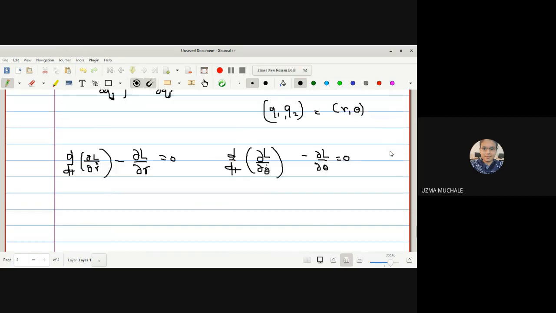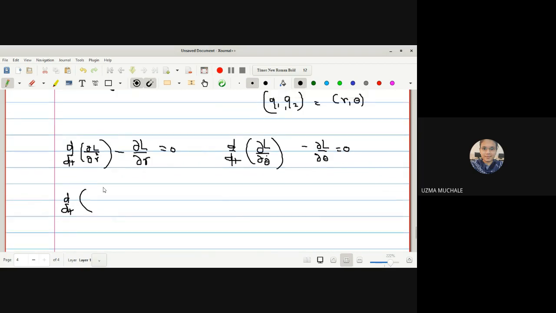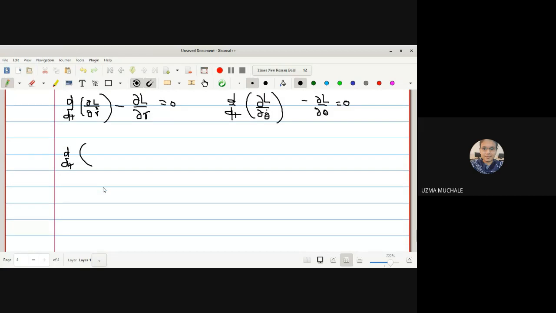Now let us solve this equation. d by dt of L with respect to r dot. Did you write equation 1? Tell me, everyone should at least write the derivative. Wherever you see the term of r dot, you have to differentiate. L with respect to r dot is simply (m1 plus m2) into r dot, minus L with respect to r. Is there any term of r dot in the first term? That's why we have to differentiate the second and the fourth term.